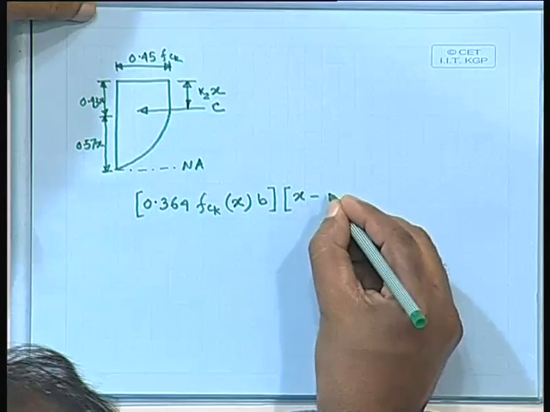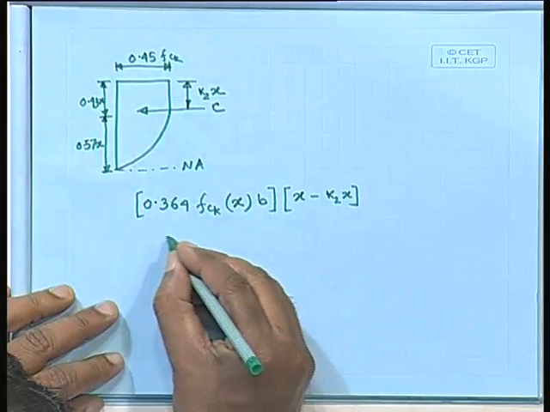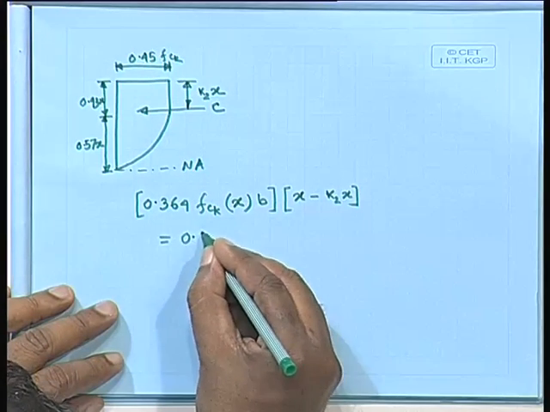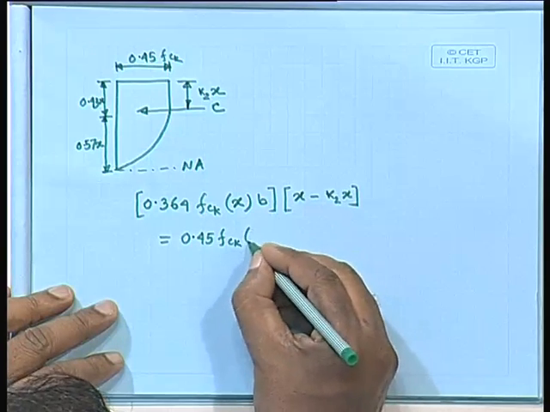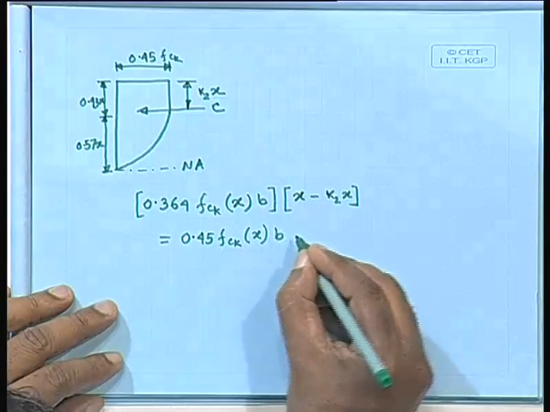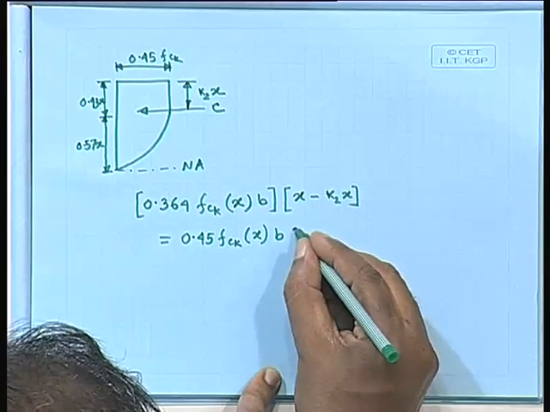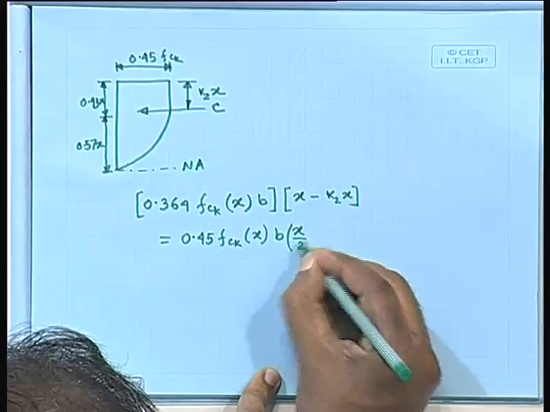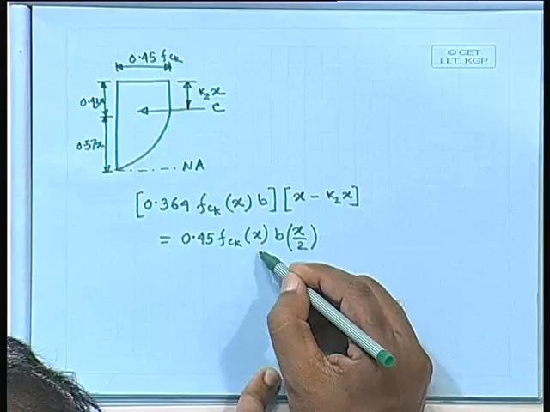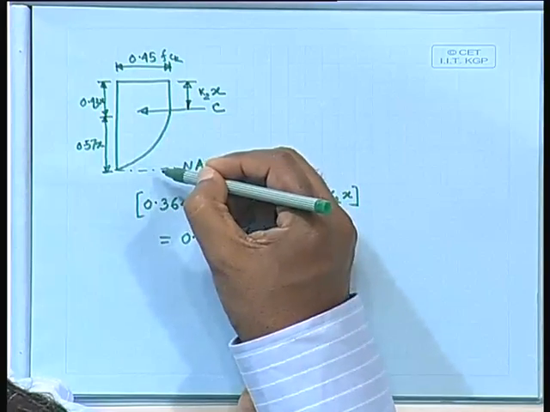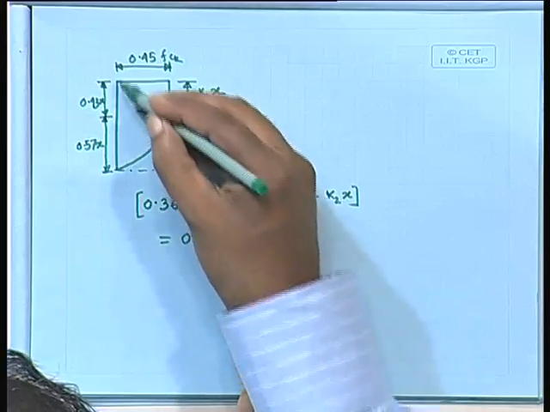x minus K2x, which is equal to 0.45 FCK xb times x by 2. The total rectangle 0.45 FCK times x, the total rectangle, and CG width and x by 2. So, we are getting that total rectangle